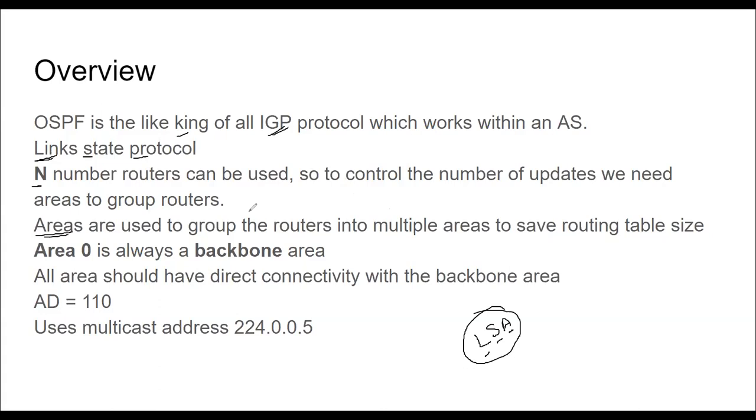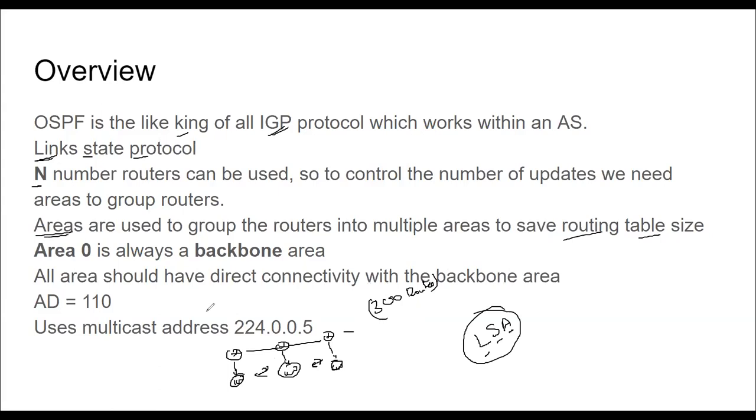See what OSPF says. If I have configured three routers in OSPF, and this one has 100 routes, this one has 100 routes, and again similarly 100, these routes have to be shared between them. So each router will have around 300 routes. What if we have 10 routers? Then each router will have 1,000 routes. Managing a very big routing table is a very big task for a router.